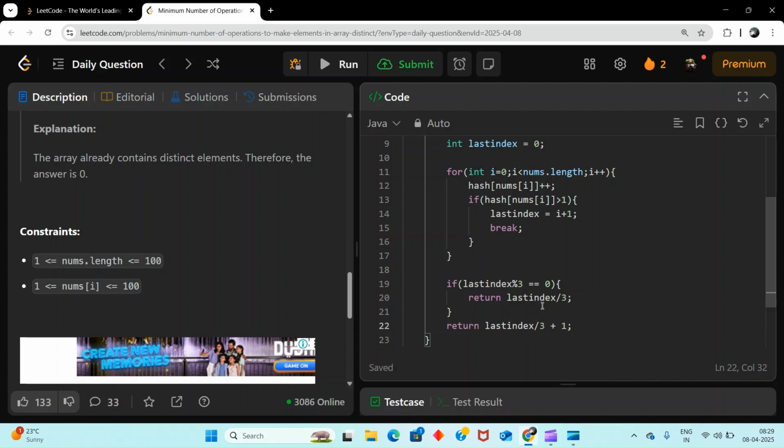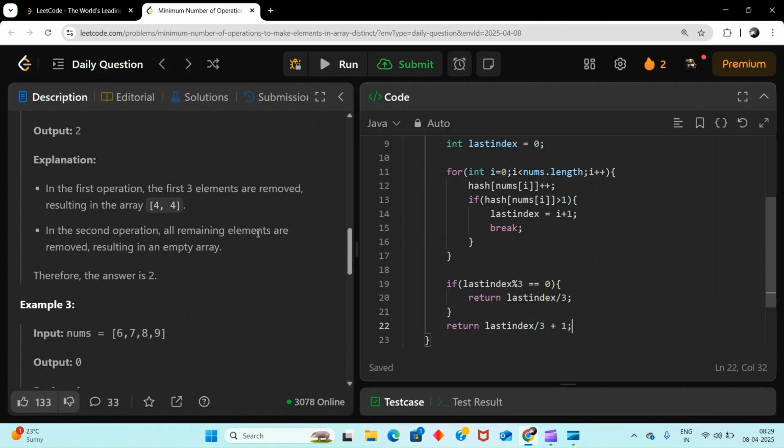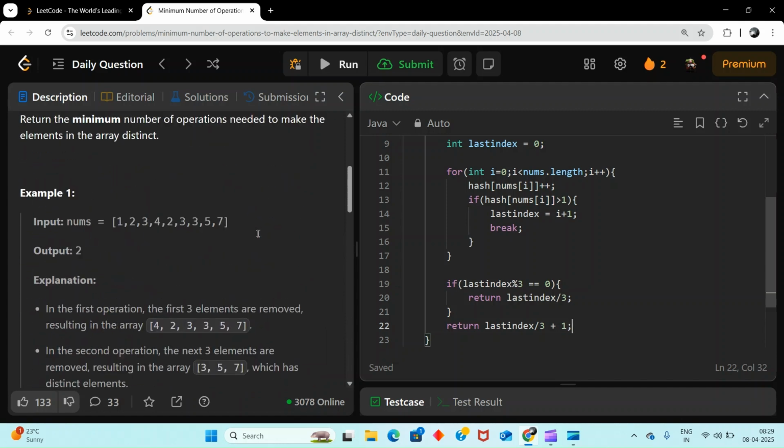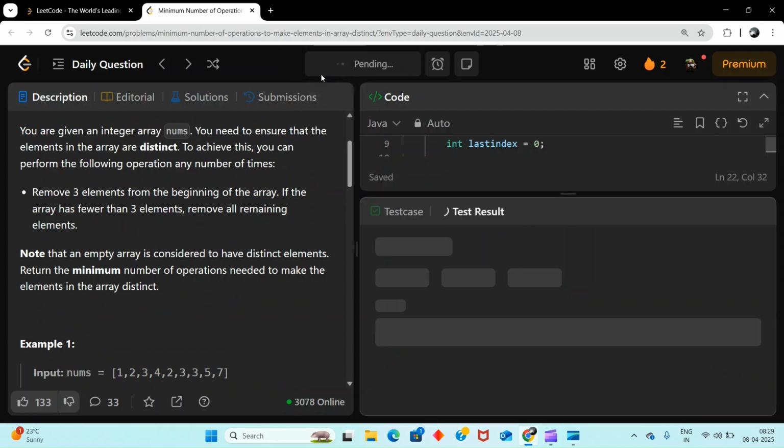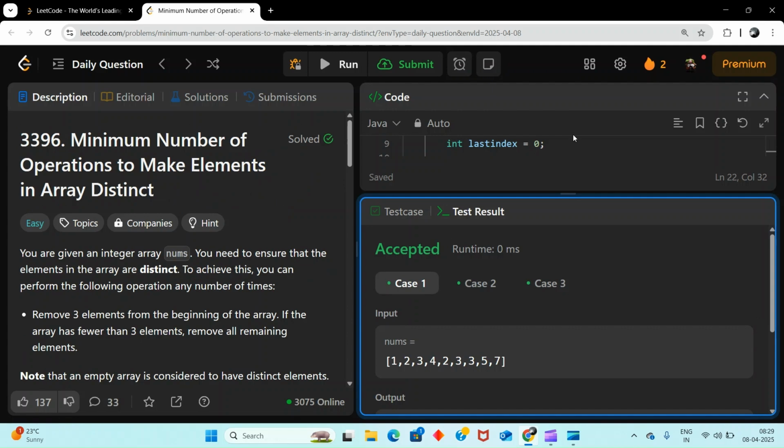Why plus 1? Because there will be one more element, and to make the array distinct we have to remove that, and we cannot remove only one element, we have to remove three elements. Here you can see three elements. That is why we are adding 1, because of one more operation.